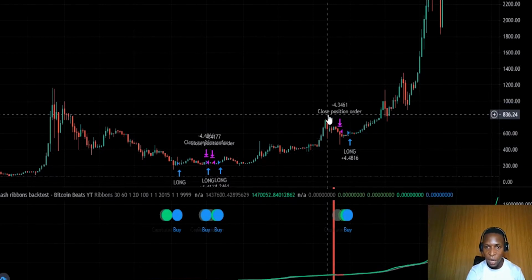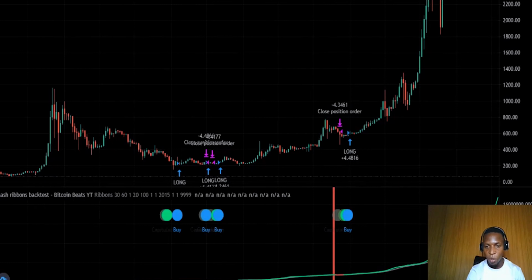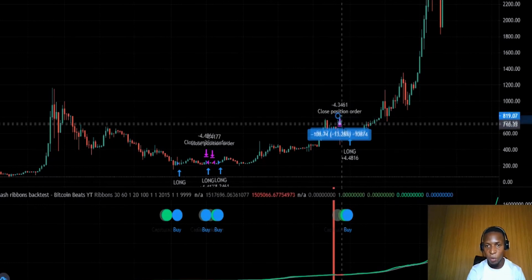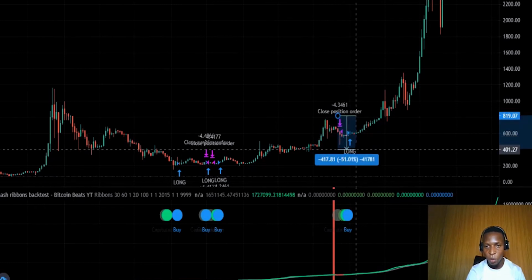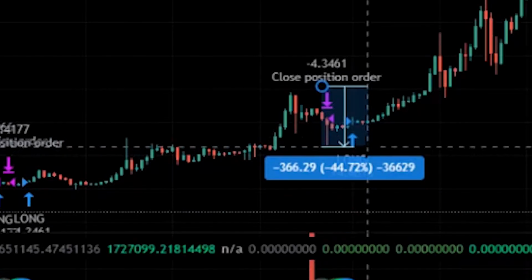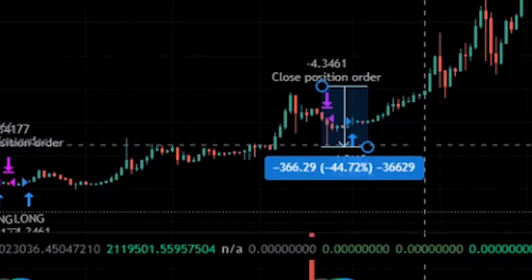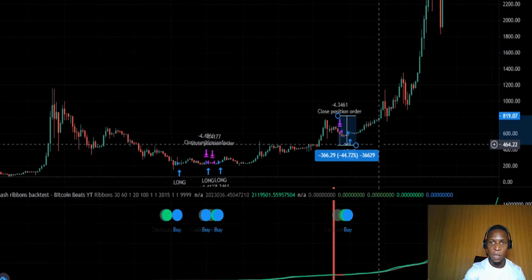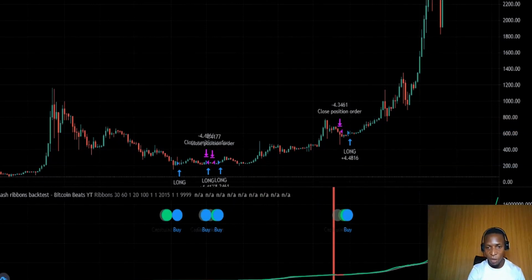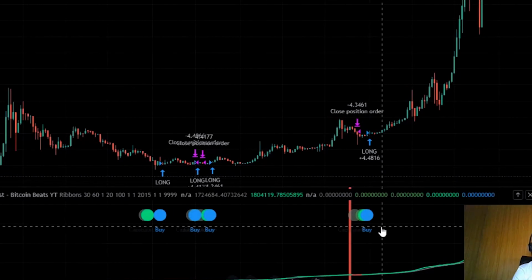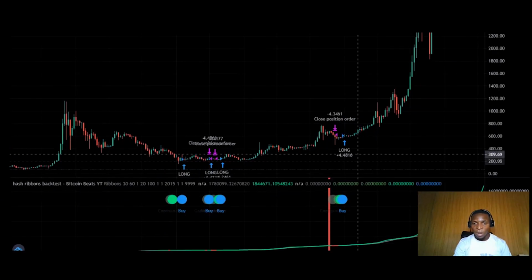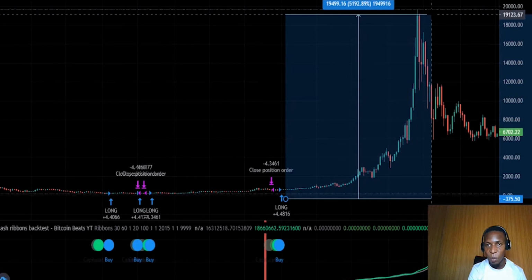Let's look at it. I think we had a dump of close to 45% here, just like what just happened recently last week. We had a dump of 45%, and after the dump, the hash ribbon indicator showed up, and thereafter we had a pump of close